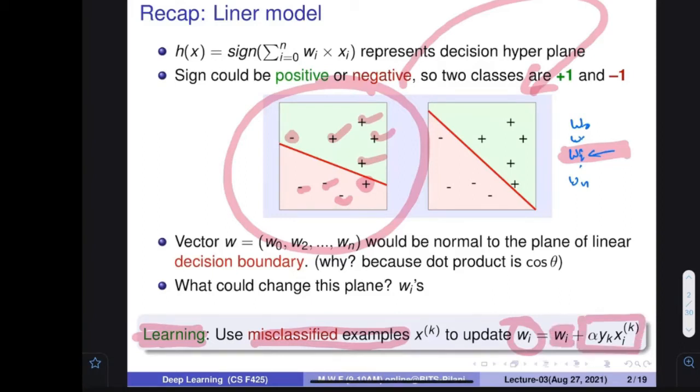What you are adding: there is an alpha. Alpha is just a constant. It is just trying to control how fast you are going to learn. If the value is large, you are going to learn very fast. If the value is small, then you are going to learn slowly. So definitely you would like to have a large alpha. But the problem is this: let's assume that you are sitting in Delhi and you want to come to Pilani. How fast can you take steps? You can take 1 kilometer steps, for example, in every step. But if you are standing just in front of the gate,